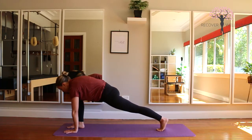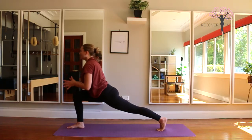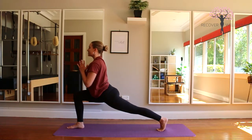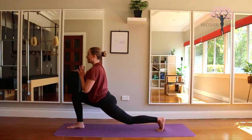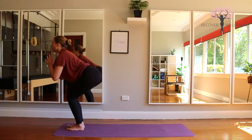When you're ready, option to lower down that back knee if needed, or inhale, coming up off the palms, drawing the hands to the heart center. Exhale, relaxing the shoulders and feeling those little shakes and wobbles. One more inhale. Exhale, we bend into that back knee and we step to the front of our mat, coming